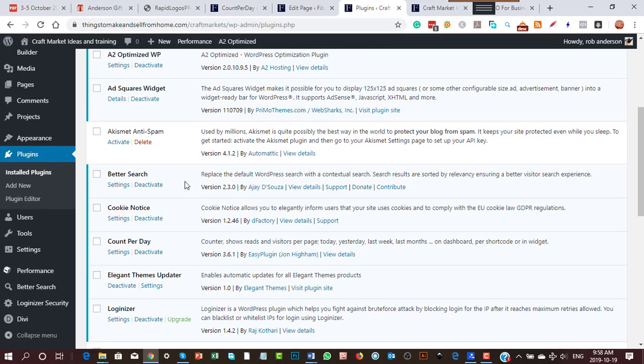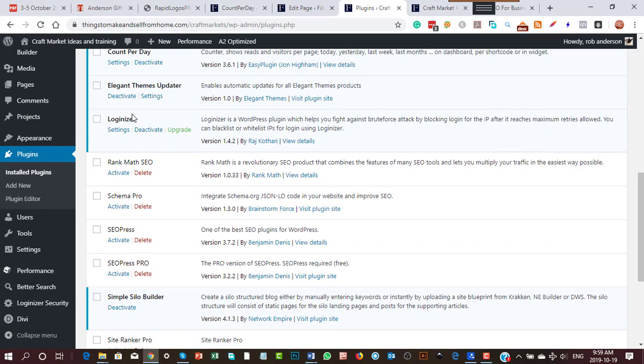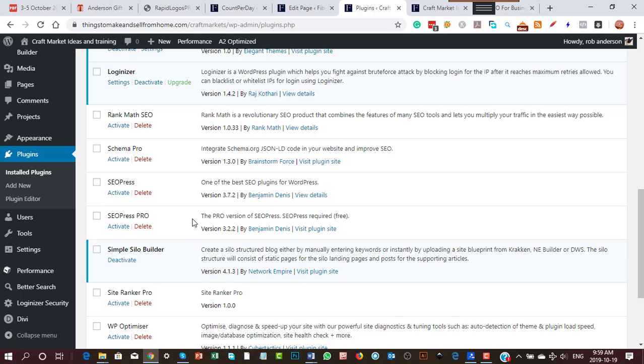These that are optimized were done already. I never installed the Kismet. Better search was done, as you can see. These are the ones that I added. Now,